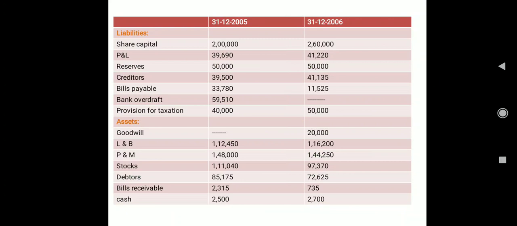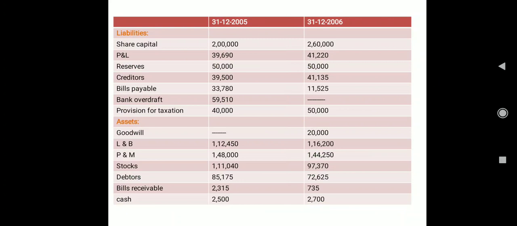Another point: whatever current assets we take to calculate the changes in working capital, those items will not appear in your further steps. I hope you remember, the statement of changes in working capital is your first step.